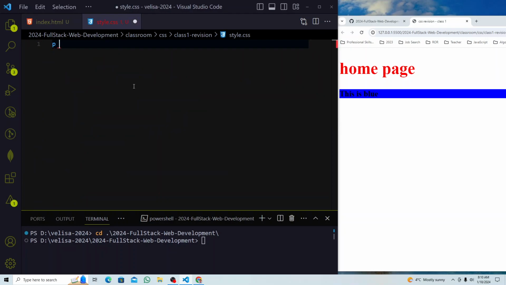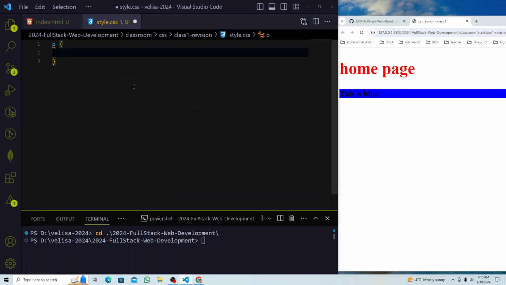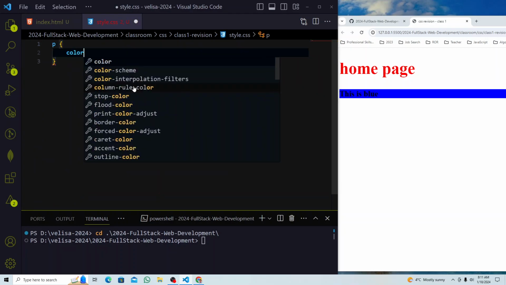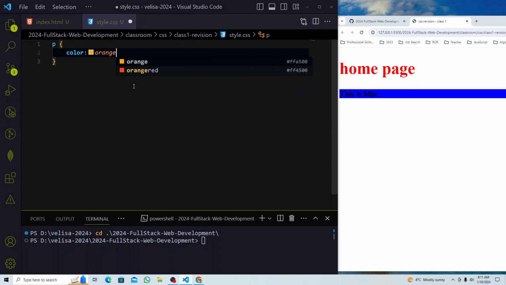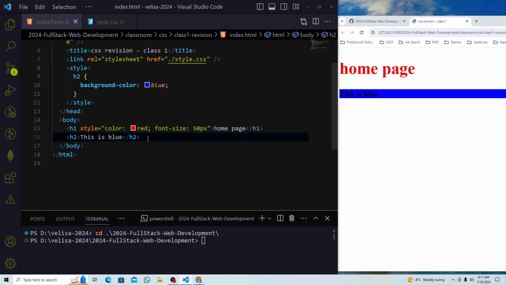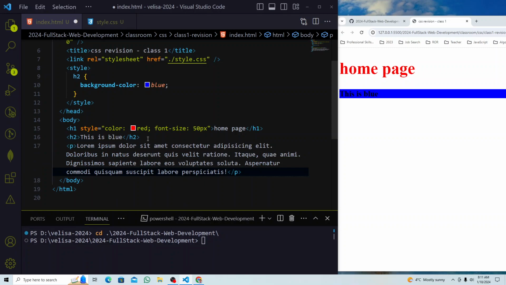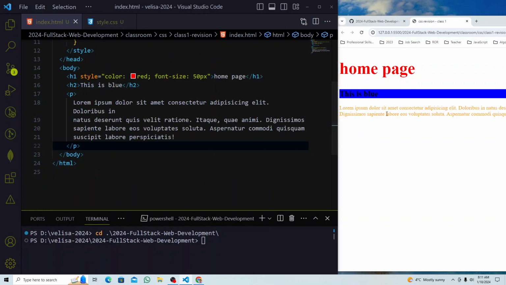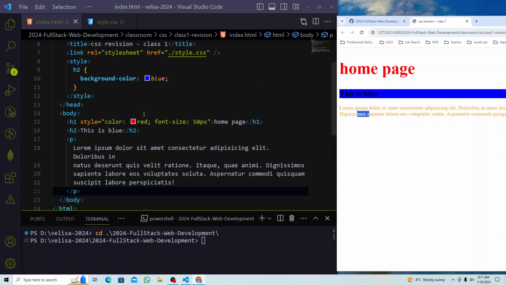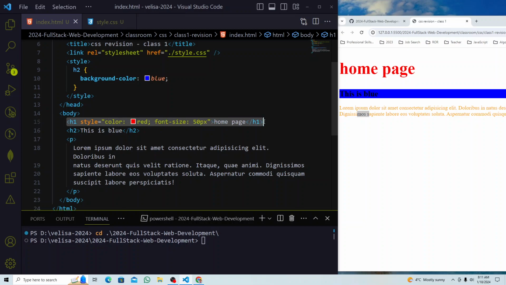So I will just give a paragraph and call it color, maybe orange. So I need to write one paragraph here. Just give some lorem text and save now. Look at that. That is orange text. Clear? So 3 different places you can apply this CSS: inline,